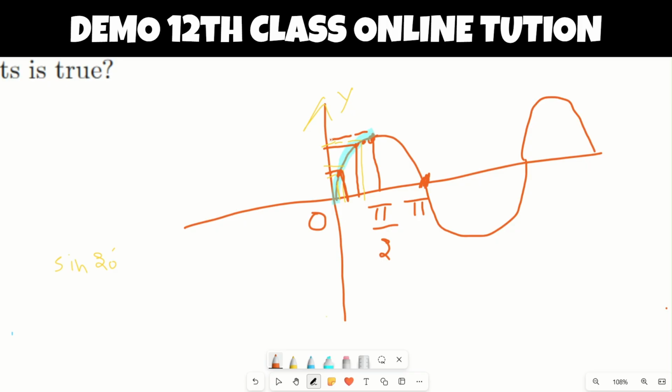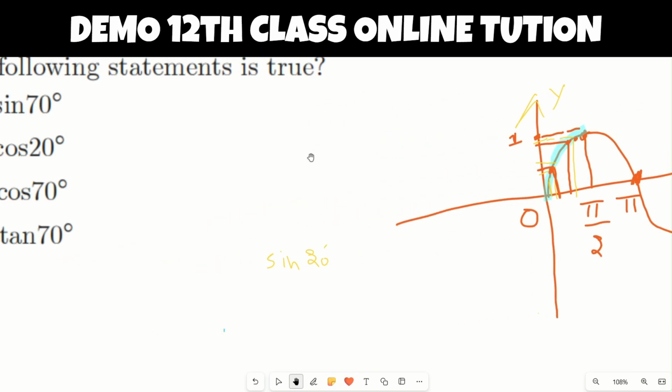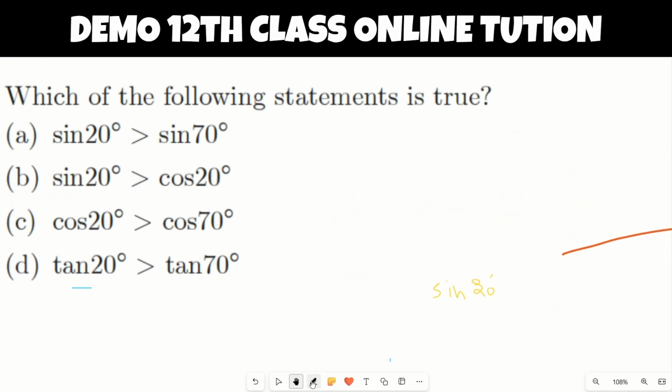I know here the maximum value is 1, so clearly we see that it is not true